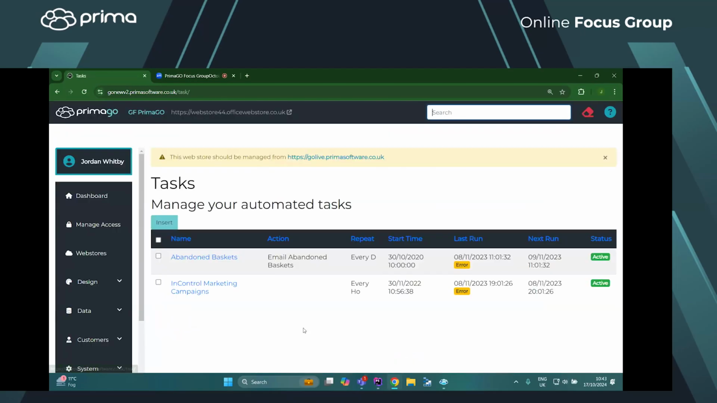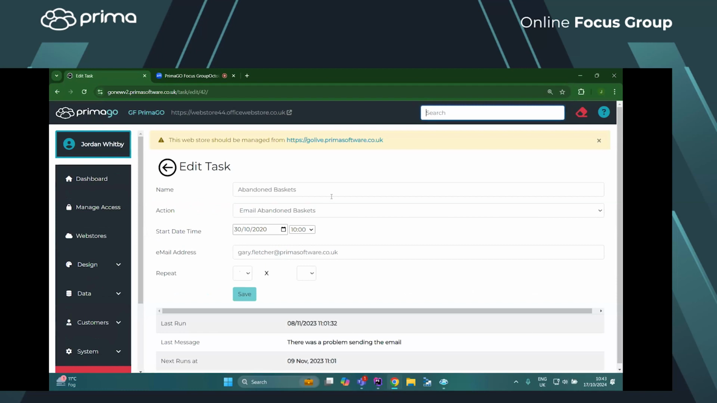These are tasks that can be, so don't worry about this error thing. These emails don't get sent out because it's a test system. But this just kind of gives you an idea of when they were last run, etc. So if I click into this, for example, here, this has been created for an abandoned basket. So this will email you